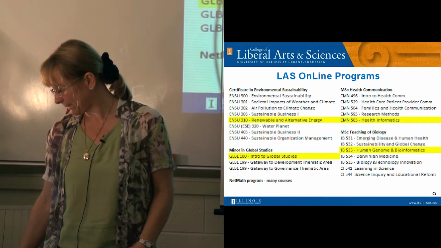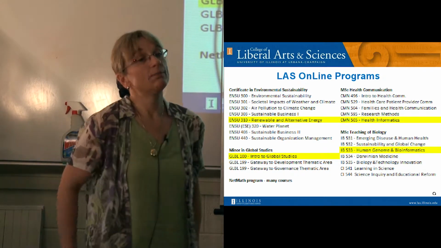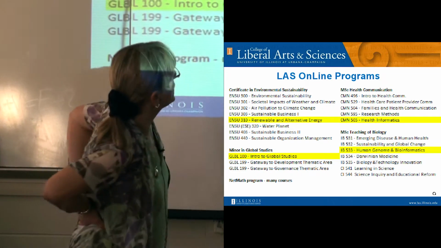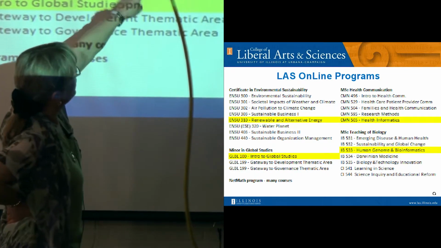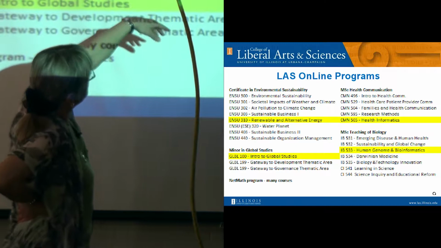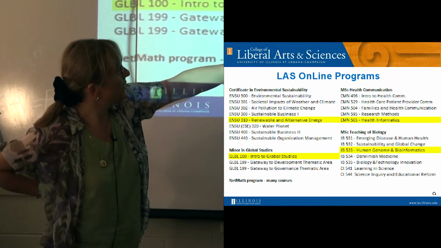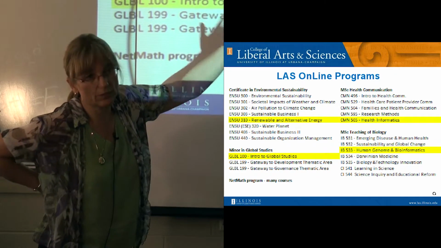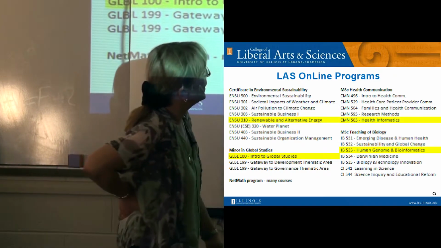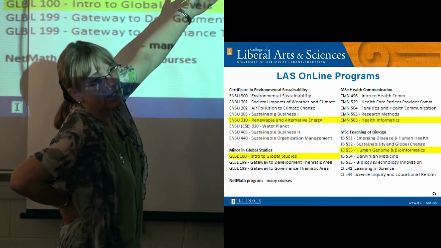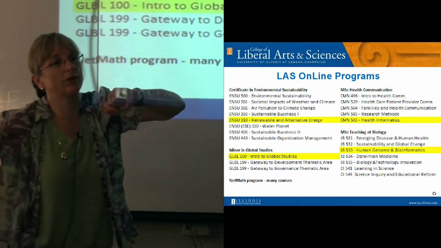Deanna, I'm seeing a lot of 500 level courses up here. Can you talk about that? Masters. Those are our masters ones. This is one of our masters. Actually, I've got two of them up here: the Masters in Health Comm and the Masters in Teaching of Biology. Those are 500 levels. This one targets teachers, teaching of biological sciences. And the Health Comm one is the one that targets a professional audience.